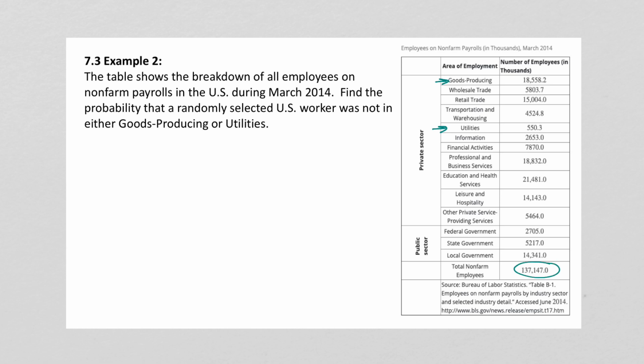And to find the probability that they're not in one of those two, we would find the probability that they are in one of those two and subtract it from 1. So let's find the probability that they are in goods producing or in utilities. So we would add goods producing and utilities. And don't ask me how they got part of a person here. And put that over the total. So as a decimal, that is